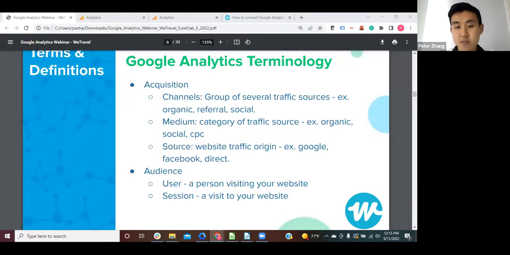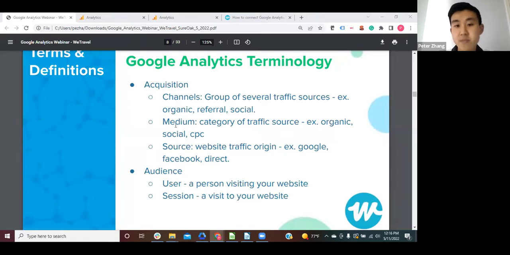The source is the most specific format for acquisition, and the channel is the broadest. The channel can be a whole group of your sources combined together. These are usually very predetermined groupings. For instance, if people are searching you from different search engines, they'll be gathered together into the organic channel. And so when you're accessing reports, you'll be able to see quickly what traffic is coming in this channel.